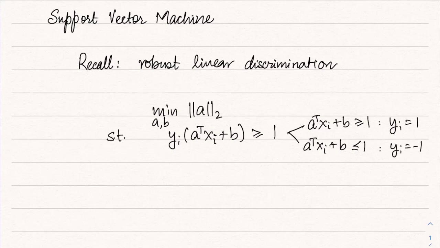equal to -1. In this problem, now we want to add another feature, which is that we want to allow some points to be on the wrong side of the classifier boundary. So there is a boundary, there is a discriminator, and we want to allow some points to be on the wrong side. So how do we allow misclassified points?